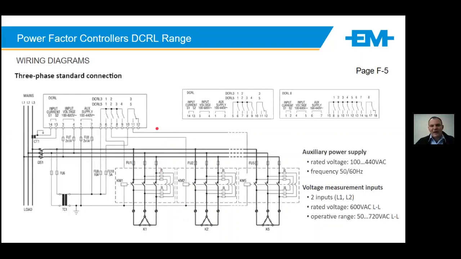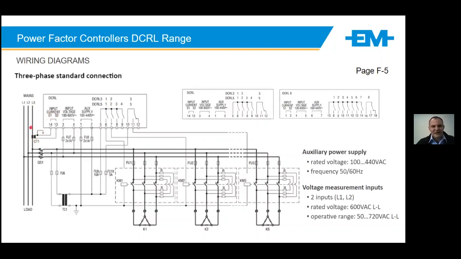So the DCRL range, as mentioned, between the 3, 5, and 8. This controller only uses a single CT input for measurement and 2-phase reference for voltage. All these controllers will need a clockwise phase rotation connection. All right. Quite important when using these sorts, because that's typically the problems we have on sites. Customers did not check this when they connected the system, and then the system is just not operating correctly, but it's due to what we call phase rotation. All right, so clockwise phase rotation at measurement point.